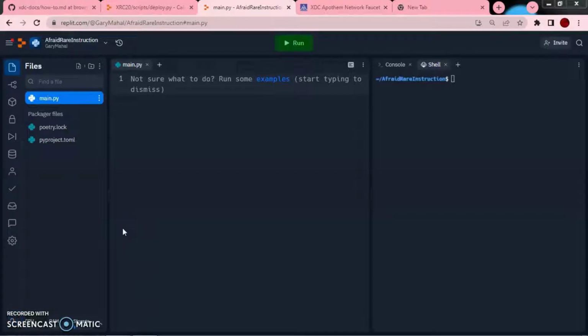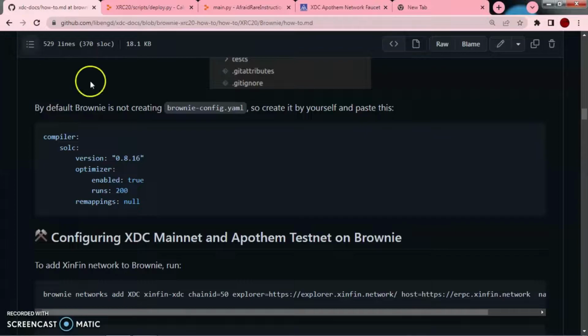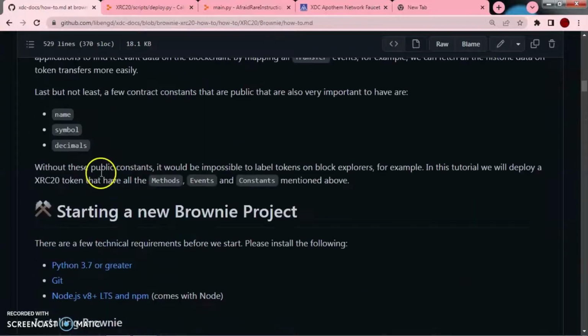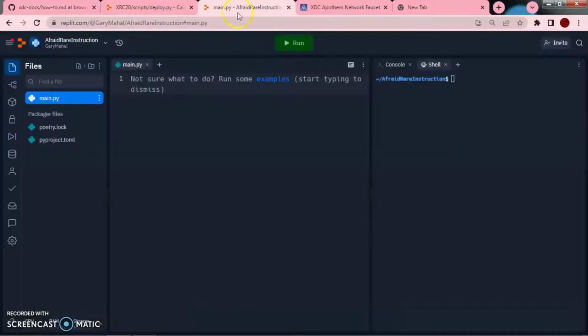Hi guys, this is Gary, and in this tutorial I'm going to be showing you how you can deploy your XRC20 token using Brownie. To make this more helpful, I'm going to be using this documentation on the GitHub and Replit so that we can deploy it faster, so that you can just learn and you don't need to